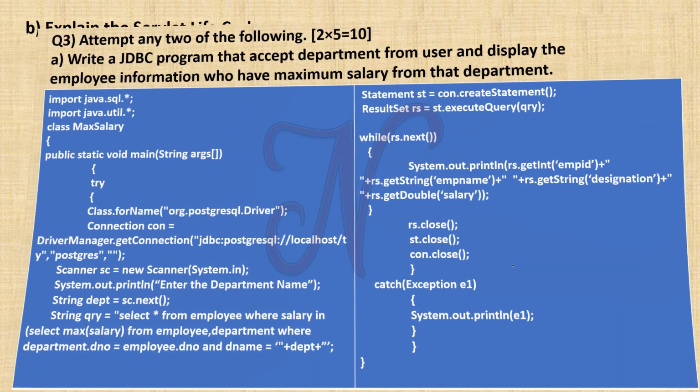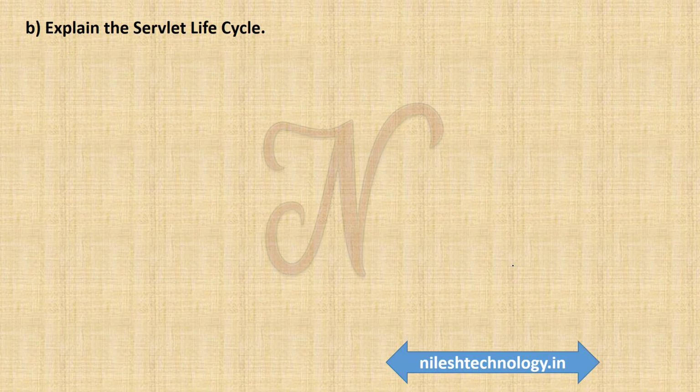So my next question is: explain the servlet life cycle. Okay, so life cycle is very important. In the first semester there is the applet life cycle, and this semester there are 3 life cycles: servlet, thread and JSP. In this question paper, the examiner asked the 2 life cycles in the paper, servlet as well as JSP. Okay, so first we see the servlet life cycle.